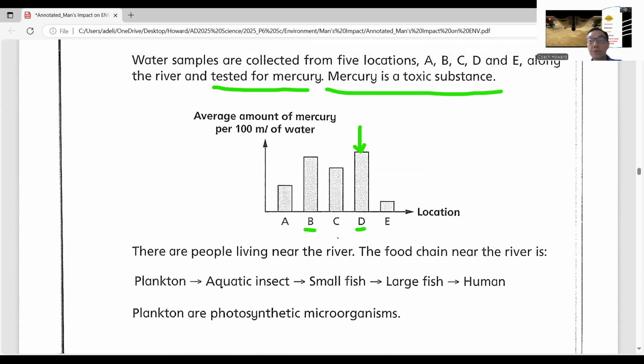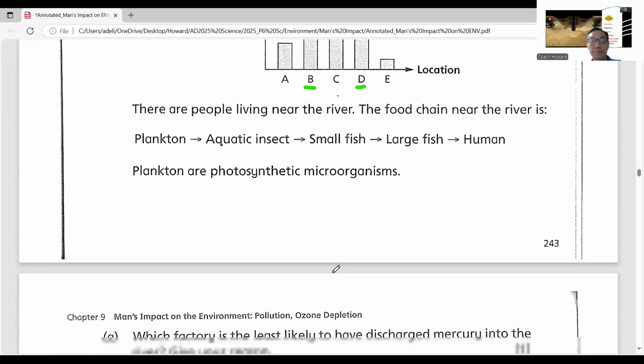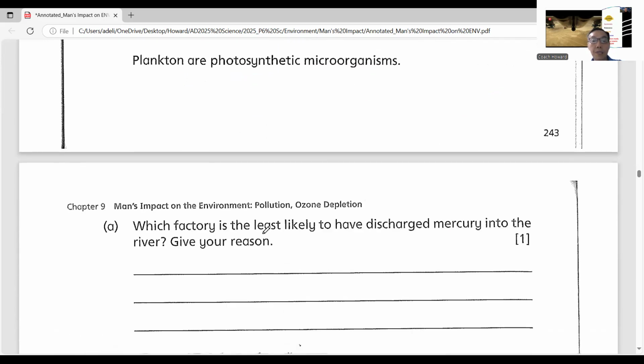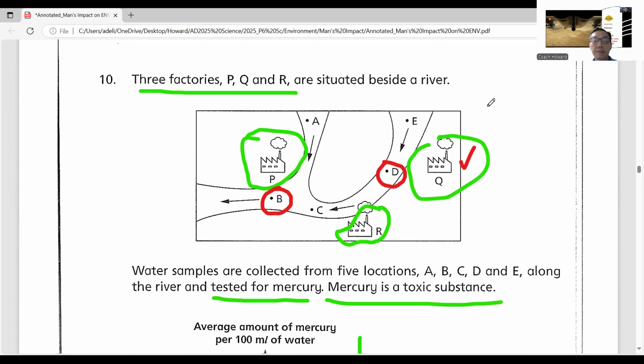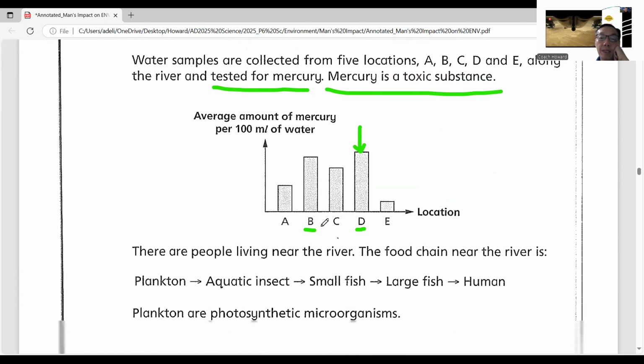The question asks you, which factory is least likely to have discharged mercury into the river? Okay, look at the picture here. Least likely to discharge. So quite likely, least likely to be R, because there are 3, right? So this one is confirmed cannot be this one, because this one already, we found that it's one of the culprits. So the B one,